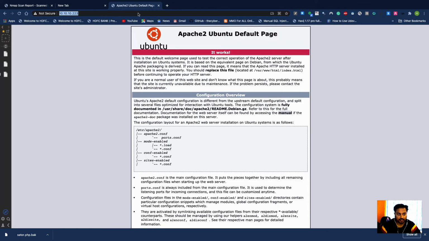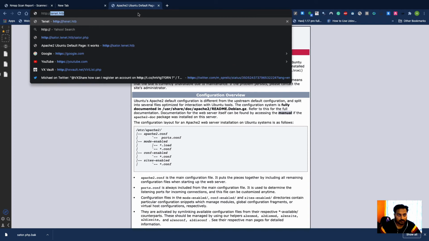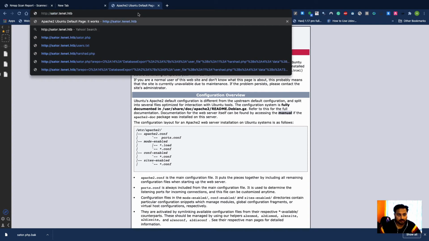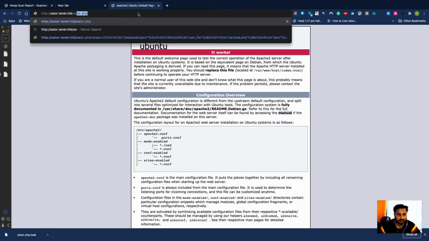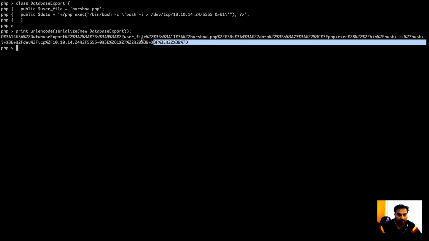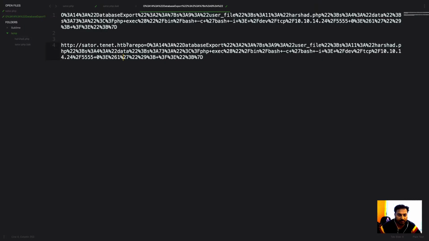So we have this link. Let me just try HTTP, and then we have this setter.stb, and we have a file actually, this setter.php. That part we need to use, this a repo, and now which is equal to whatever we have here. So here I made one mistake. I need to correct this part.